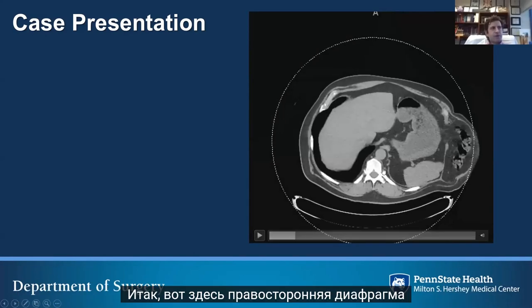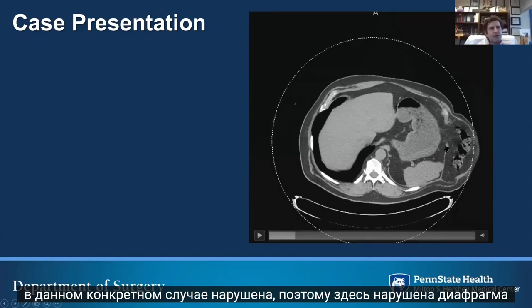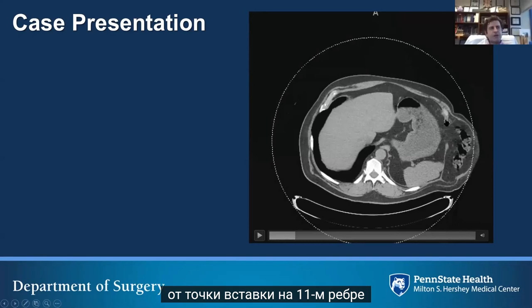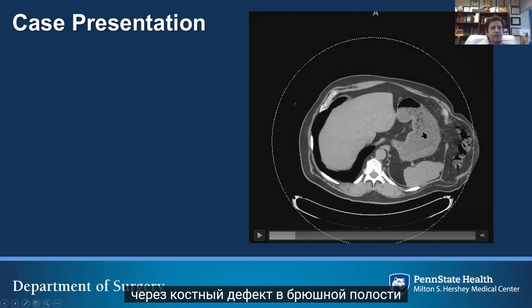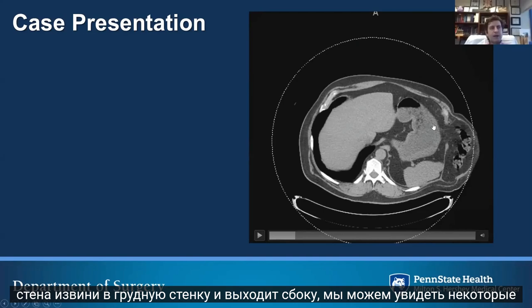So here's the right-sided diaphragm here. If we follow the diaphragm around, we can see that the diaphragm, in this particular case, is disrupted. So there's a diaphragm disruption here from its insertion point on the 11th rib. But none of that content actually goes up into the chest. It actually all comes out through the bony defect in the abdominal wall, in the chest wall, and comes out